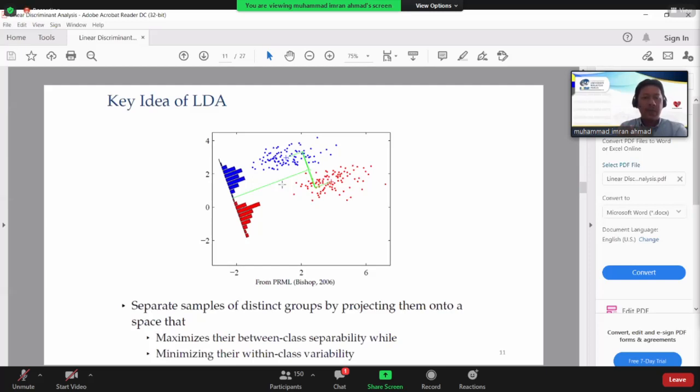So that's why, if we have a look here, based on the basis vector that we managed to get here, we managed to maximize the between class separability. We try to maximize between class, and we try to minimize within class. So within class here, we try to make it small. The distribution of red, we make it small